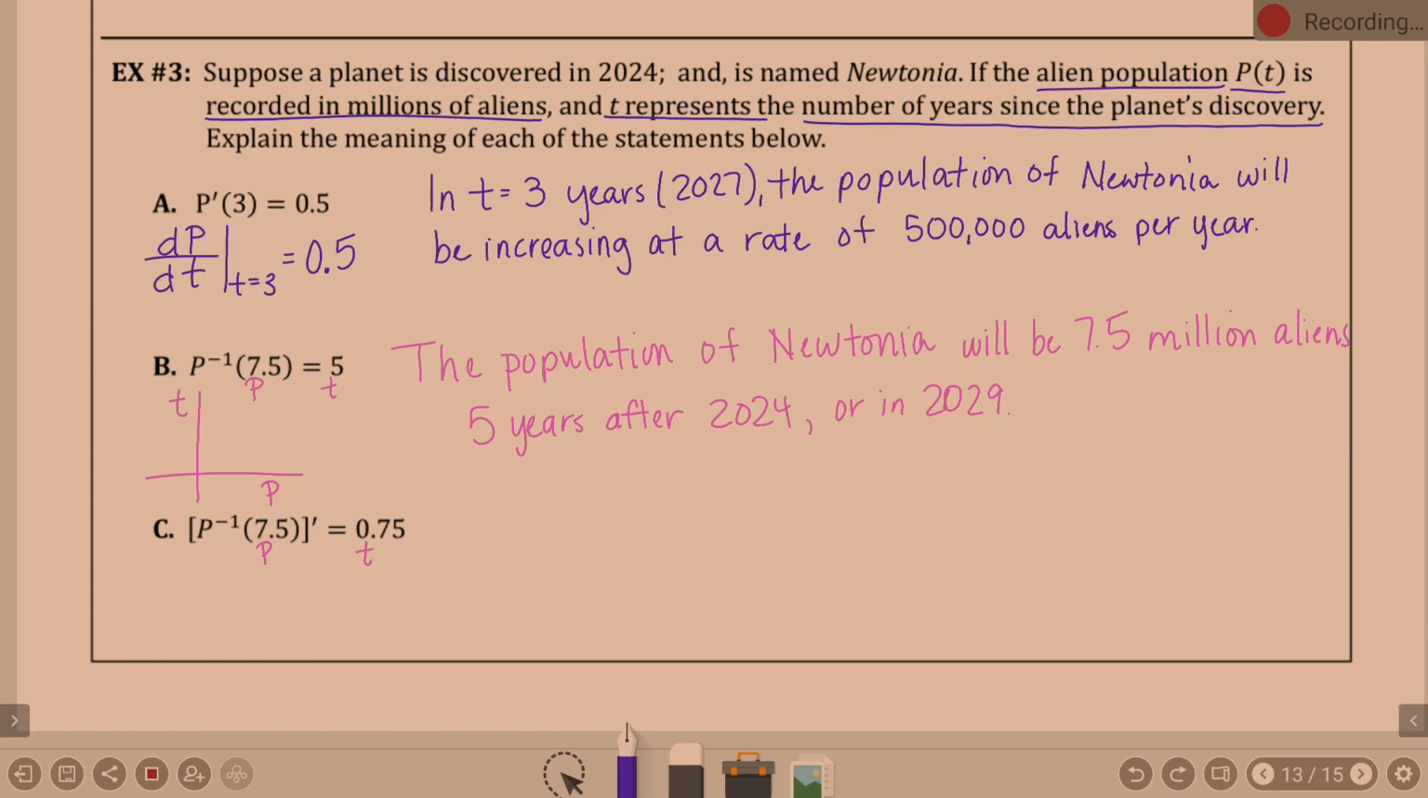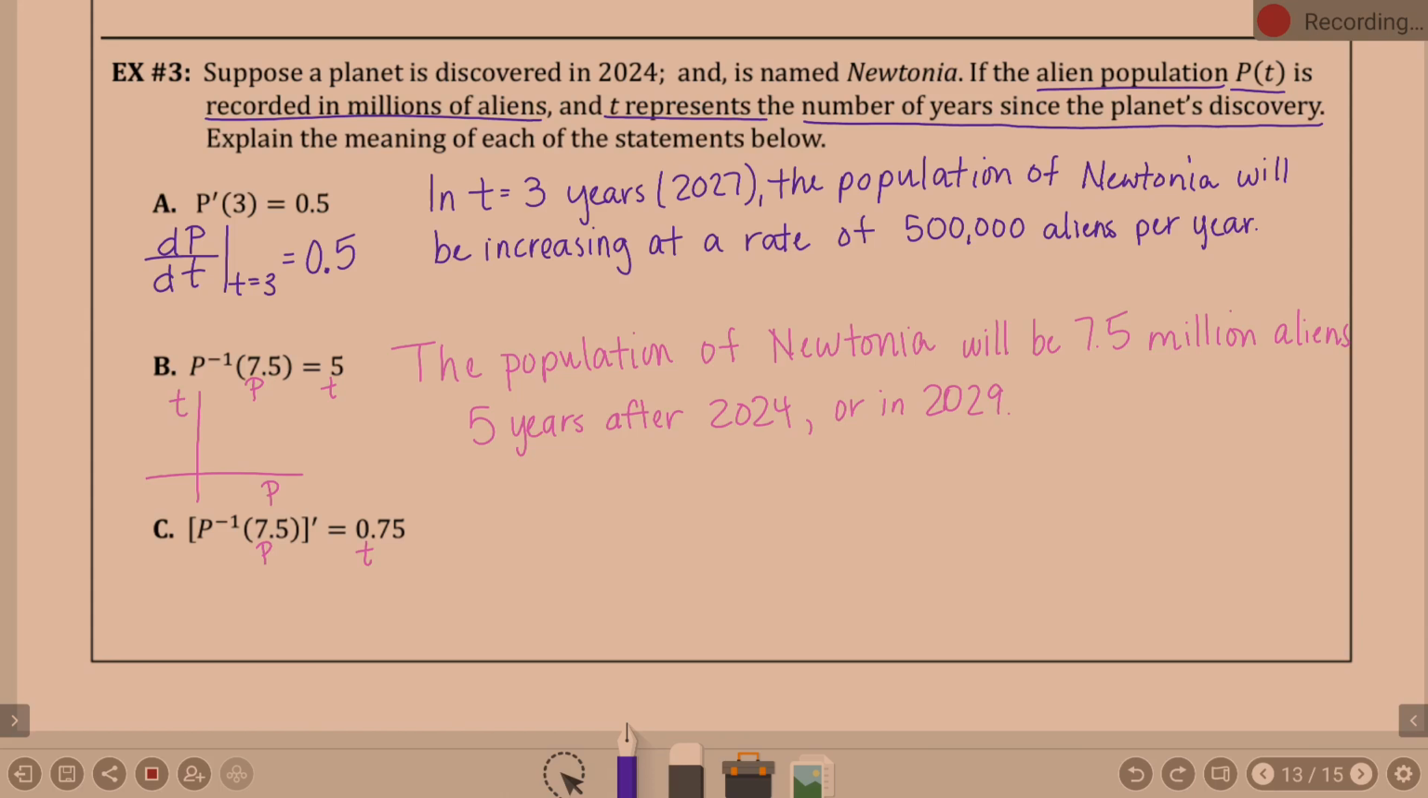When the population is 7.5 million aliens. Now, this is the piece they always do a little bit differently in inverses. Okay? So this 0.75 is the derivative now, yes? So now we are talking rate again. Okay? Now, what they do,